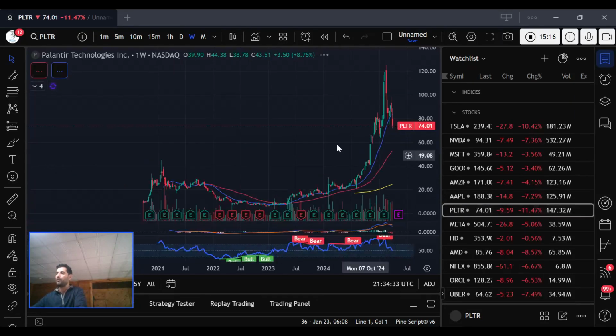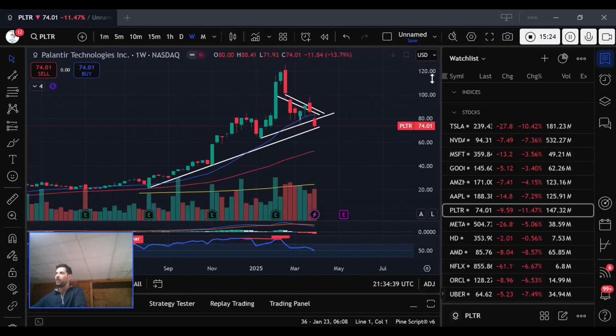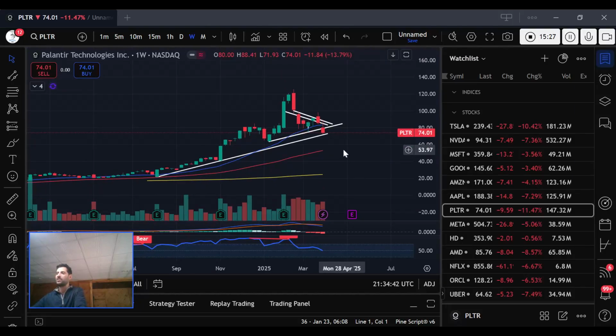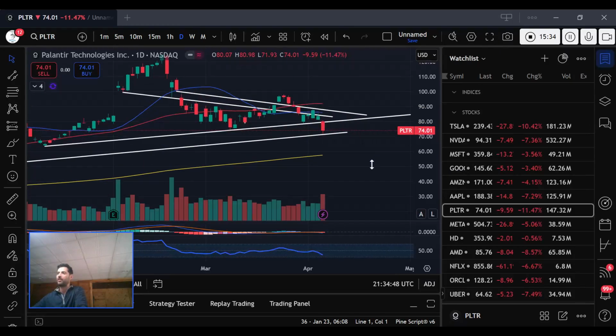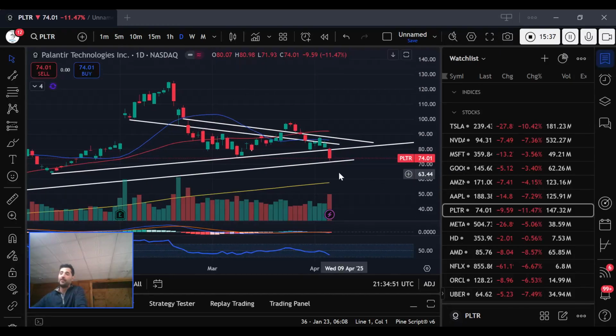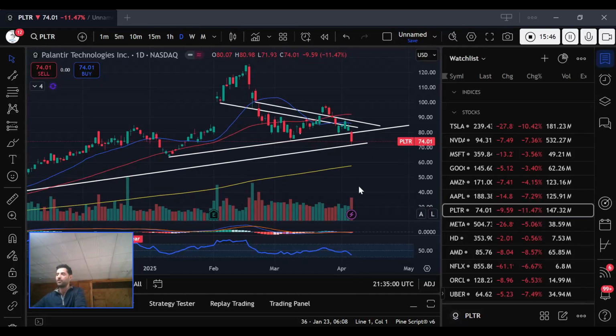Palantir finally reversed a little bit. It was annoying me. Palantir and MicroStrategy and Tesla have been trading similarly, where they've been very stubborn to sell off. I think there's a lot of retail buyers that have been holding on to Palantir desperately, along with MicroStrategy and Tesla. But it finally broke below this trend line. It had a fake move up, which pissed me off, but it came back like everything else, and it sold off down to $72.